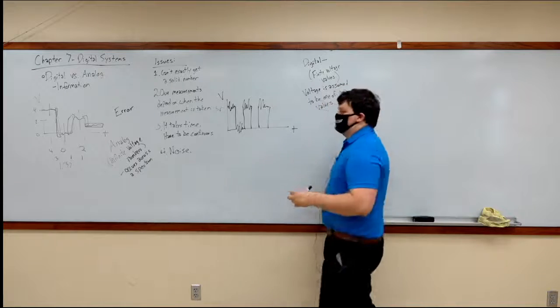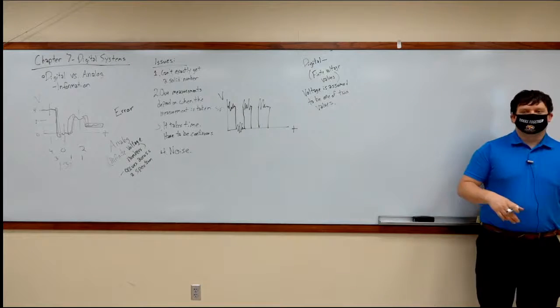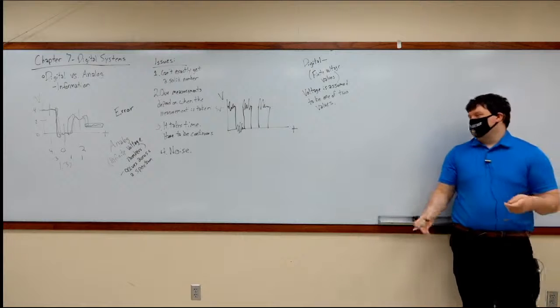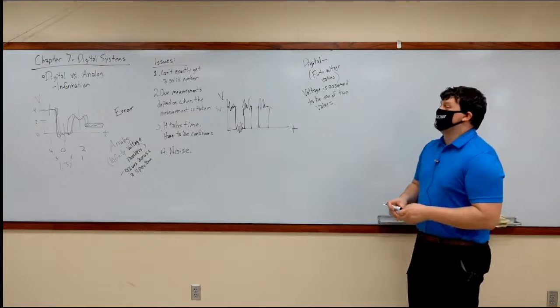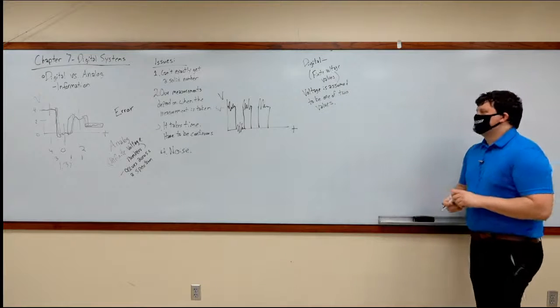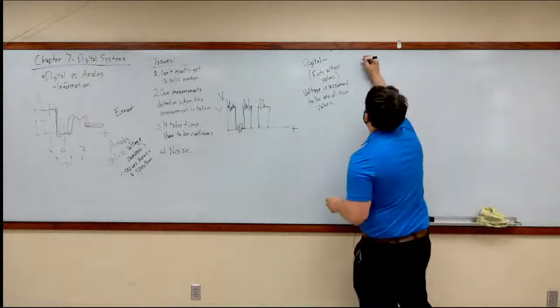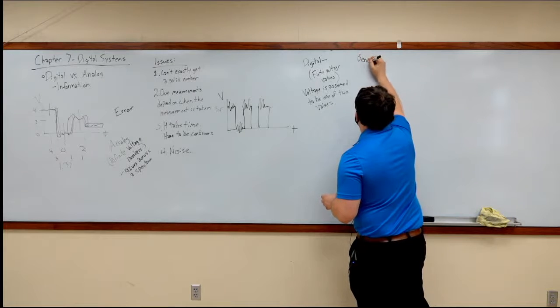And the measurement system knows that voltage is only going to be one of two values. Either 0 or it's going to be 5, which in the digital system is called 1. So that's where we stand. Now, the benefits of a system like this when it comes to information